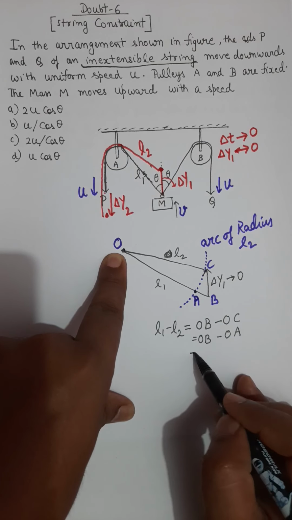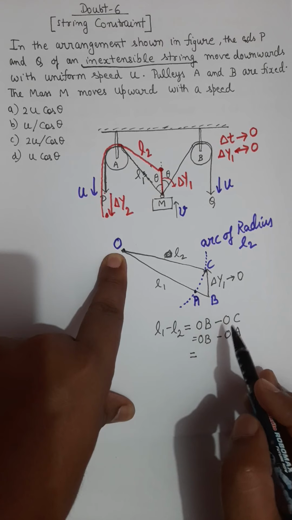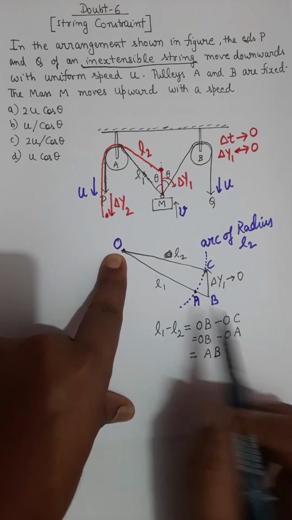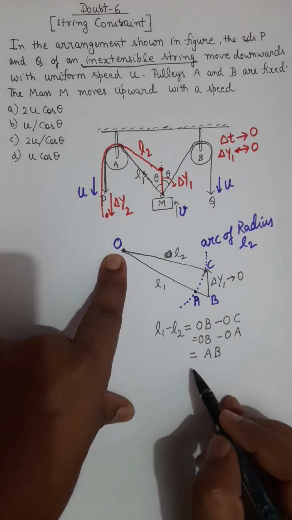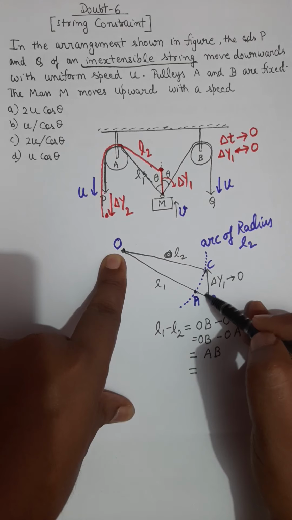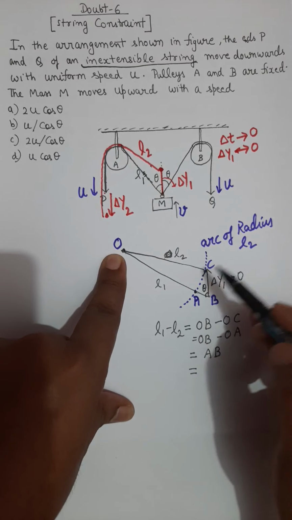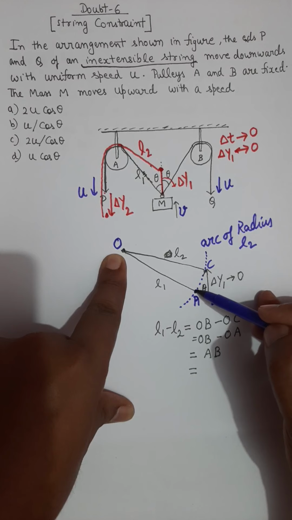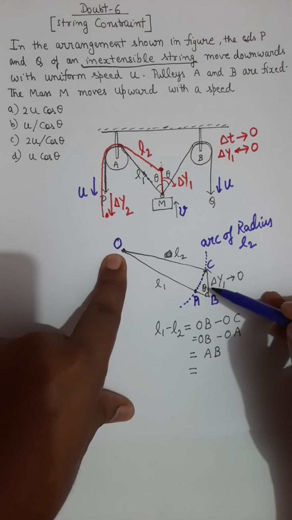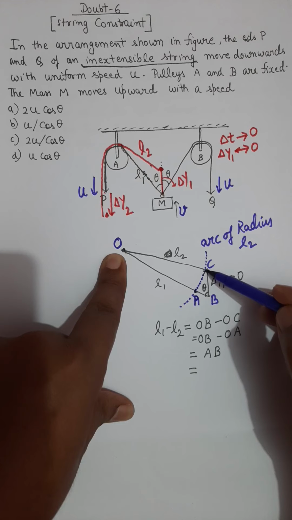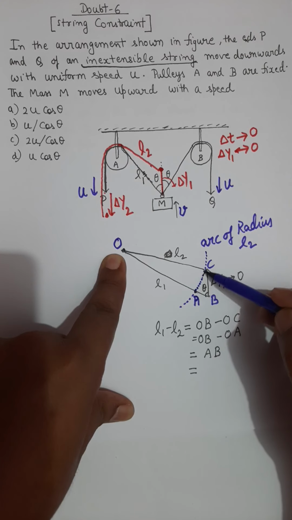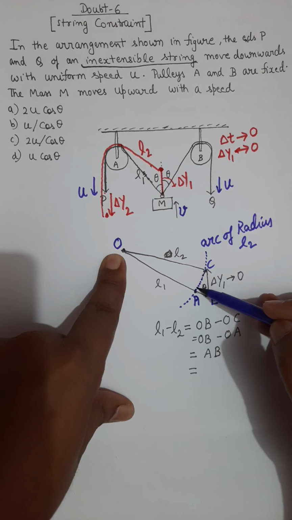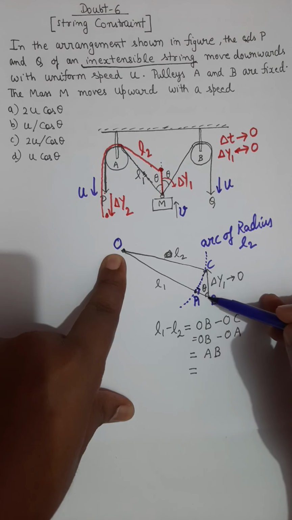So it is OB minus OA, and notice that OB minus OA is actually length AB. O to B minus O to A is nothing but the length AB. What is length AB? This angle is given in this question as theta. Though it is a circular arc, though this portion is arc, but for a very small length, this arc can be approximated as a linear segment. You can approximate this arc as a straight line, and then it is a 90-degree angle. You will get a right angle triangle,